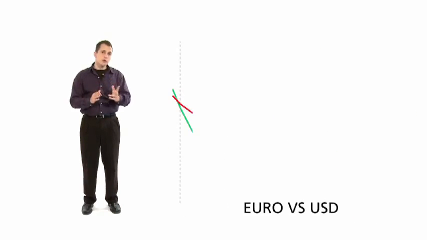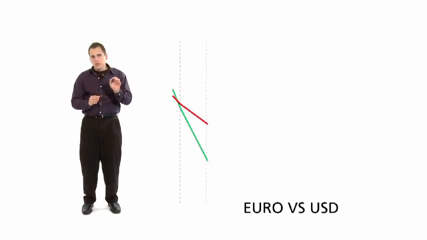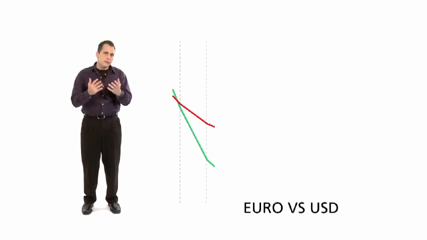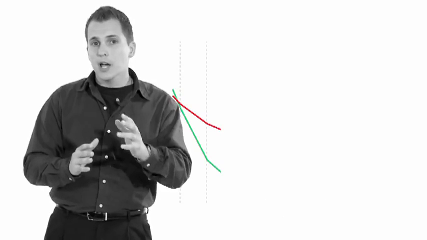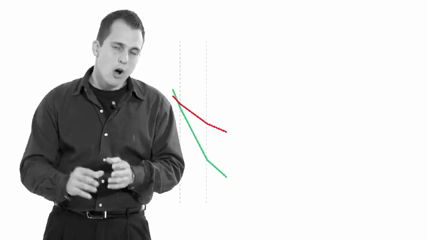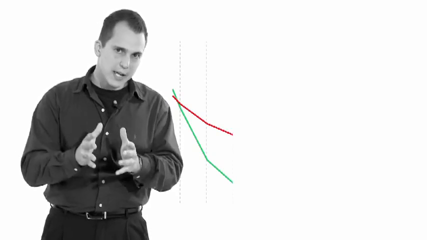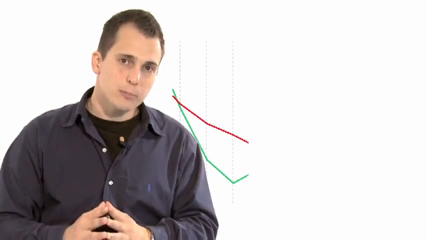Up. So now that we can see a long signal here on the chart, we need to identify what is our official entry price to get into this market. The chart you're viewing here is an example of the euro versus the US dollar currency pair. What we need to find is the exact entry price we would strive to achieve to enter this market. Now when the lines cross, we want to enter on the closing price of the day of the cross. So what that means is if you're looking visually on the chart and you see a cross on that day, you need to check the closing price of that market,